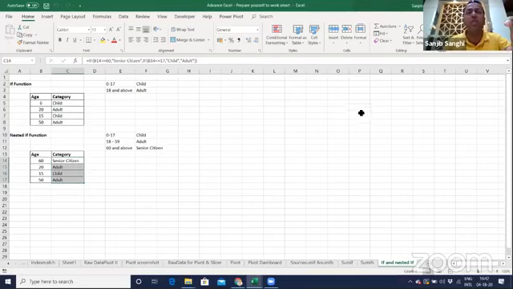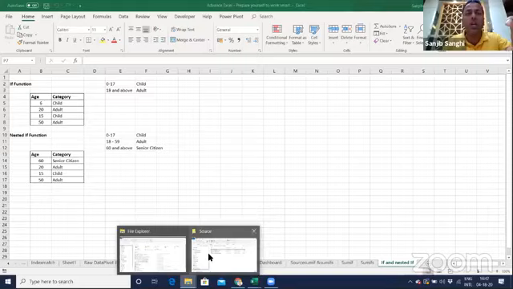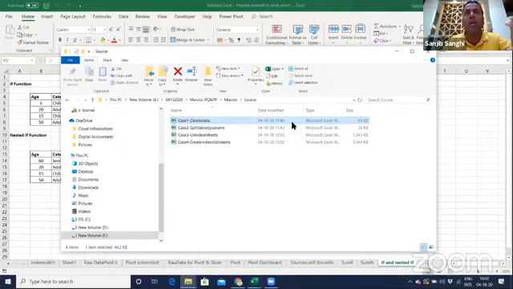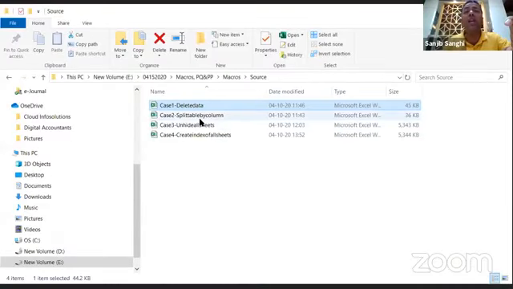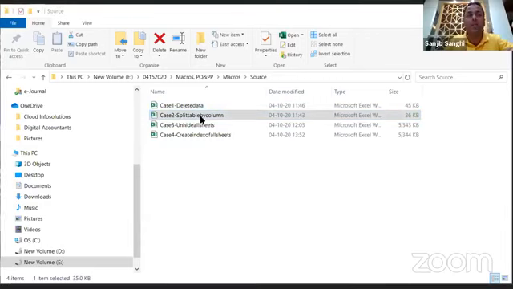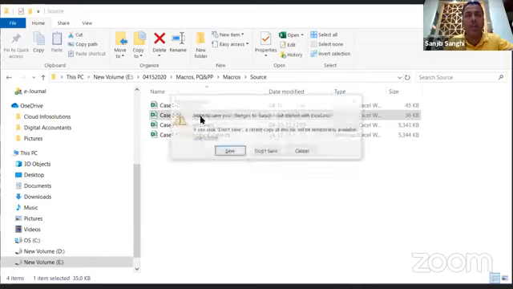I'll go back to more questions, but let me take you to another case study. Let me share this screen for you. This is a case study on splitting a table by column. Let's see this. This is going to be very interesting. Let me close all other files which are not required.